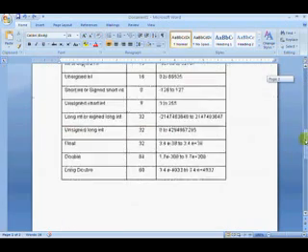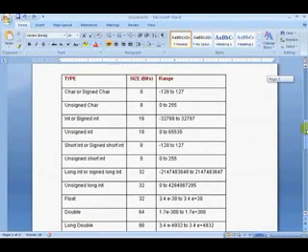As you see on the screen, I have drawn a table. It is divided into three columns: type, size, and range. Type is the name of the different data types, size is the size taken for storing that data in different data types, and range is the range of data which can be stored. I'm going to discuss that with examples.